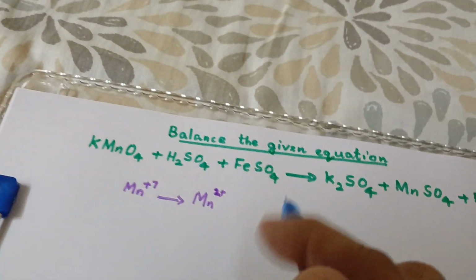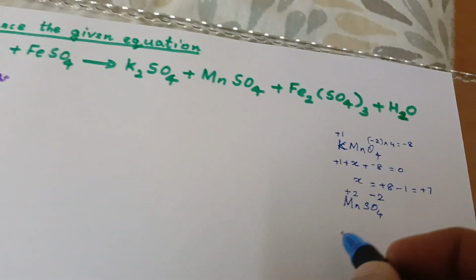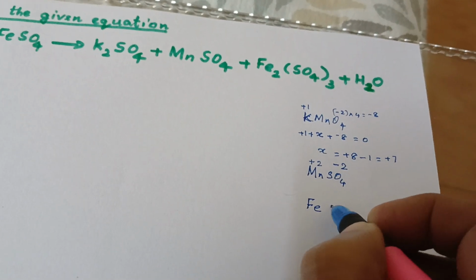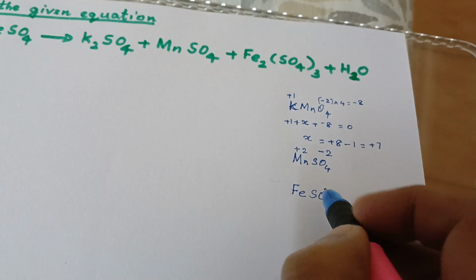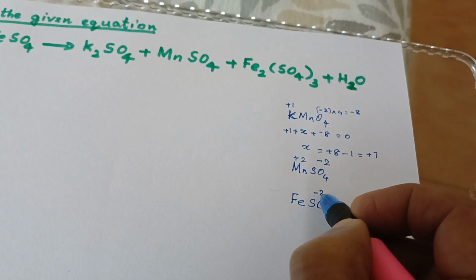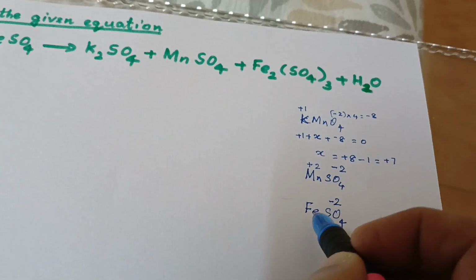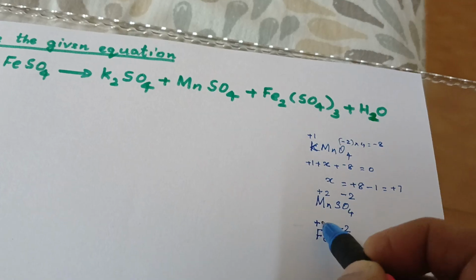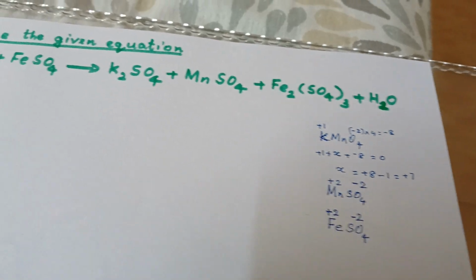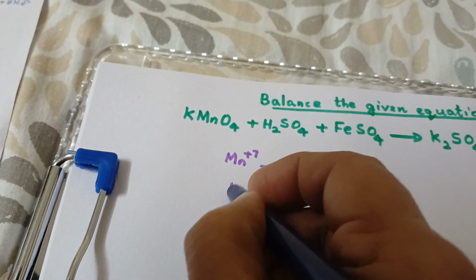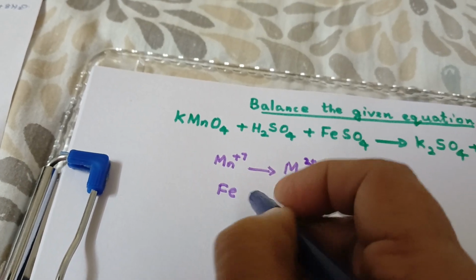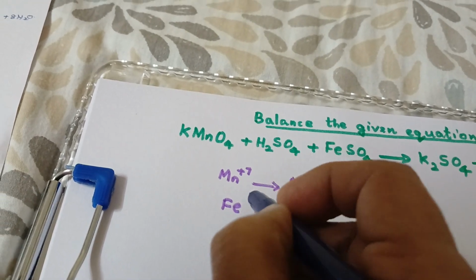Next is FeSO4. In FeSO4, sulfate oxidation number is -2. What about iron? Iron should be +2. Then the sum will be equal to 0. So we will write the next equation as Fe 2+,